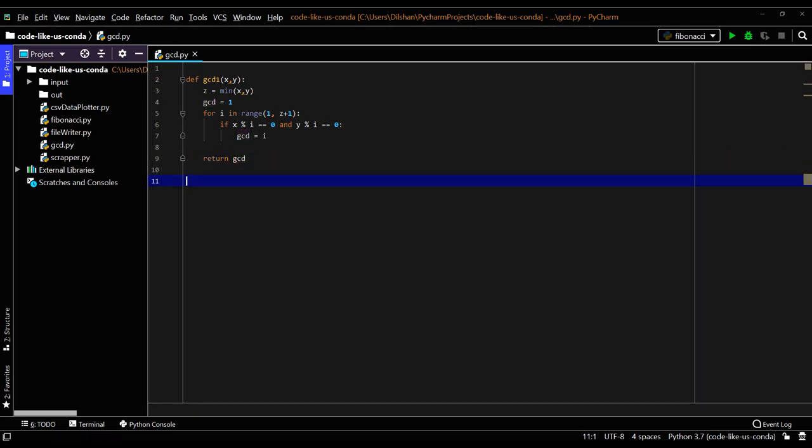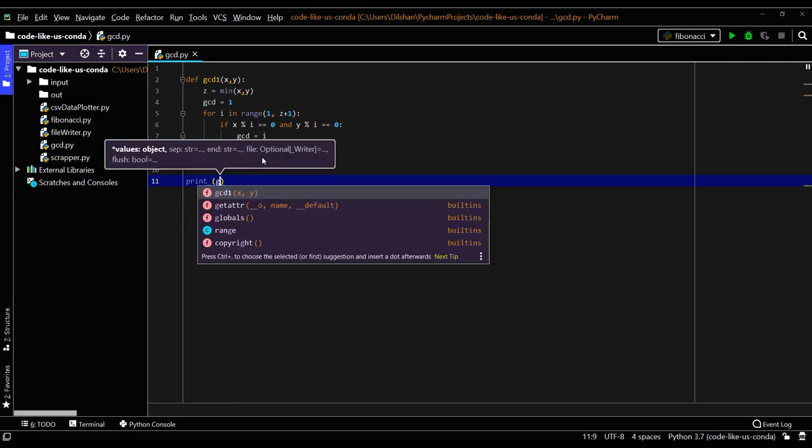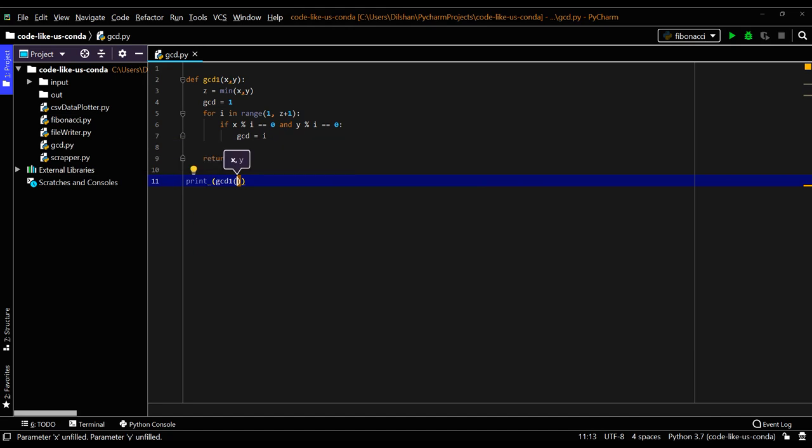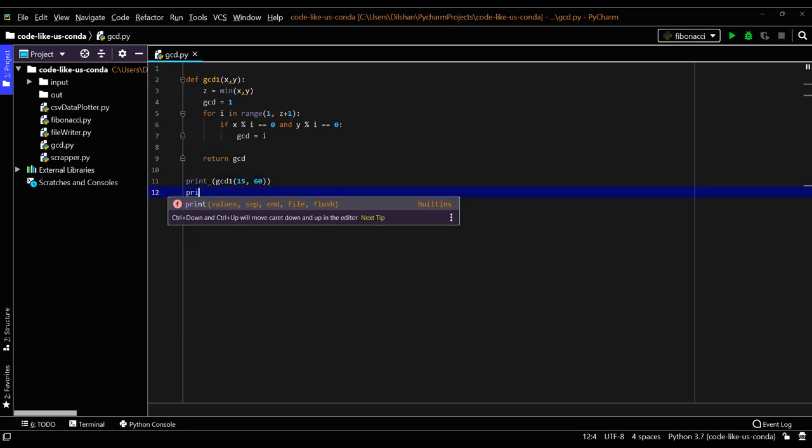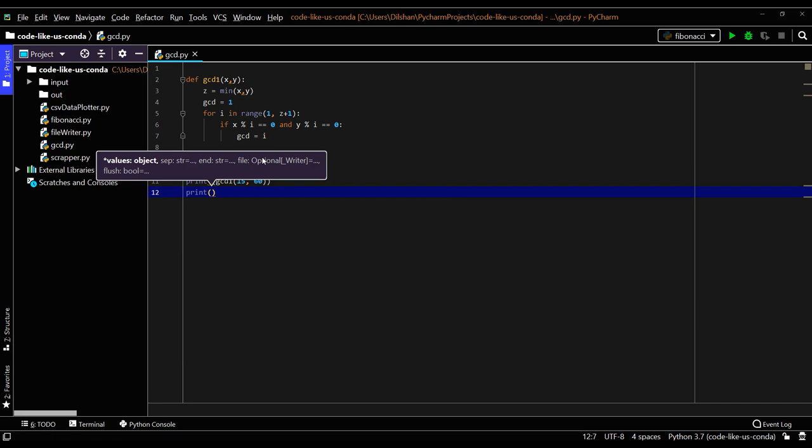So let's print and check some values. Print GCD1 with our test case 15, 60. The answer should be 15. And again GCD1 with 8, 12, same as our explanation.